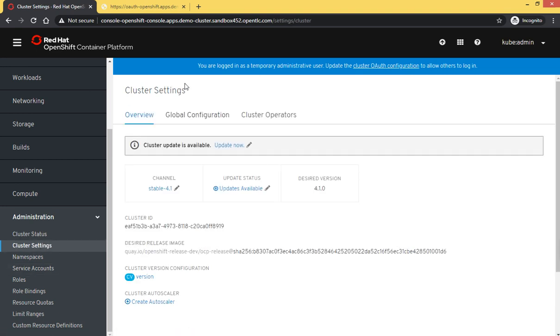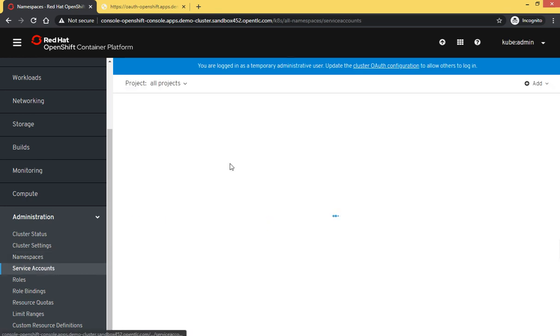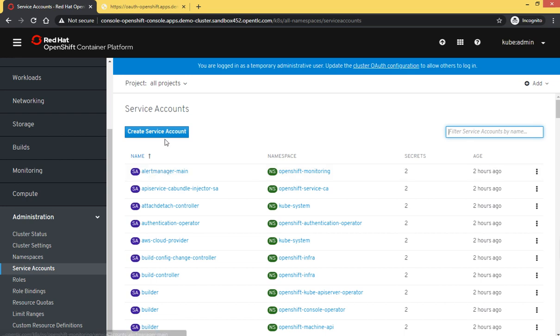Then we have cluster settings, which I showed from here as well, on the top right side, the up arrow. When I click on namespaces, there are different namespaces, the same as my projects. We have service accounts.